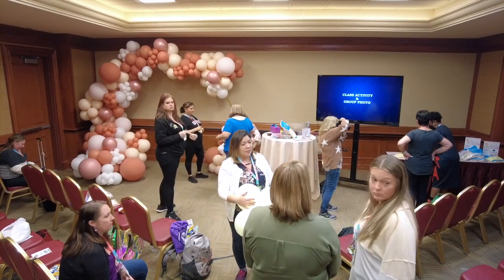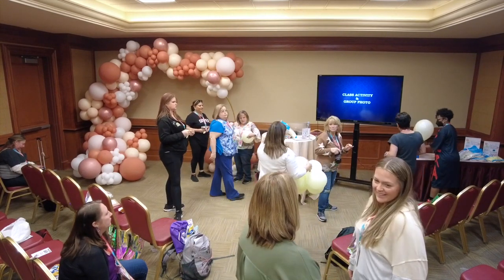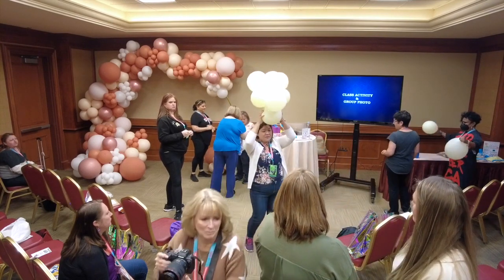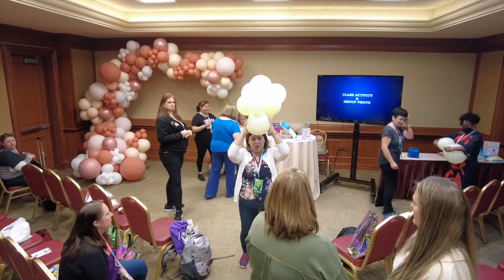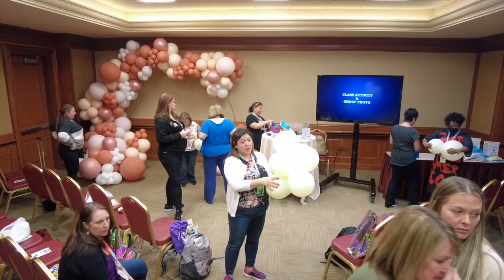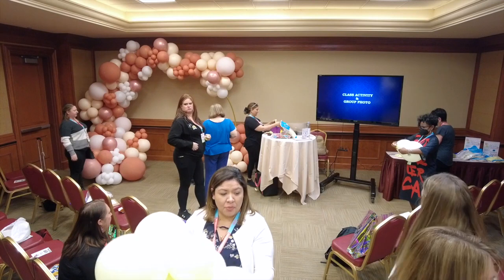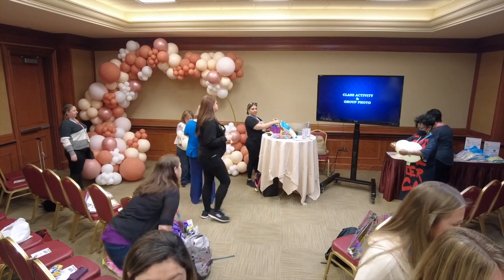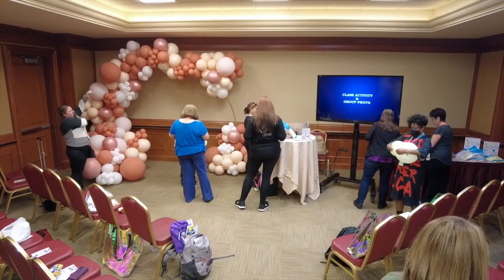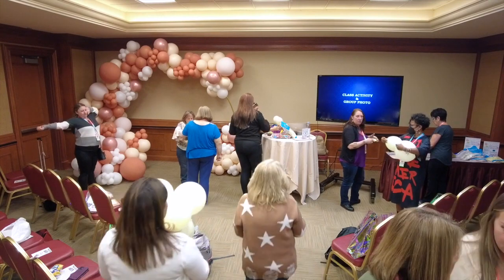As you're blowing these up, ladies, keep in mind, if it feels like it's going to explode, it will. If it's got a lot of tension, your balloons will pop. You want them to feel buttery soft. You've got to be able to move them around, squeeze them, manage them, feel them. You want to feel this. So if it's not feeling like this,